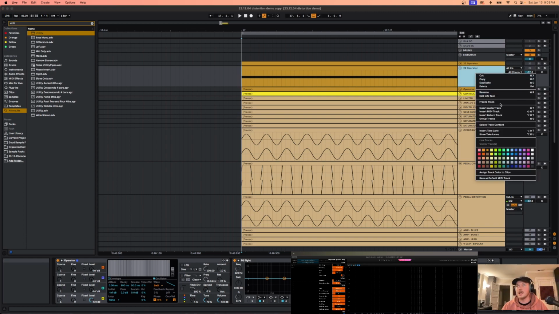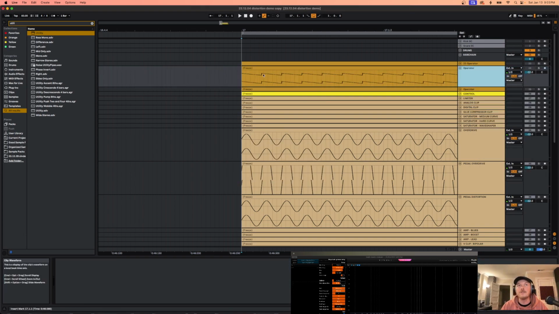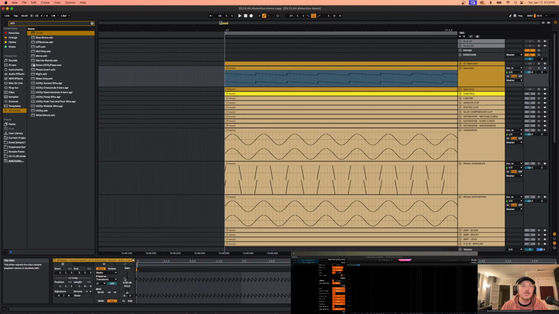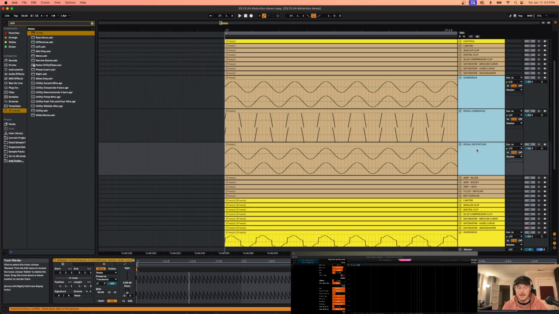So let me just freeze that and flatten it, so we can get a visual here. All right, so nice saw wave. It is not symmetrical over the top and bottom, right? And so when we play it, you get all harmonics. So going back to these guys,